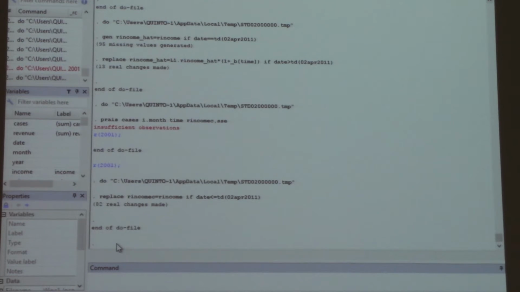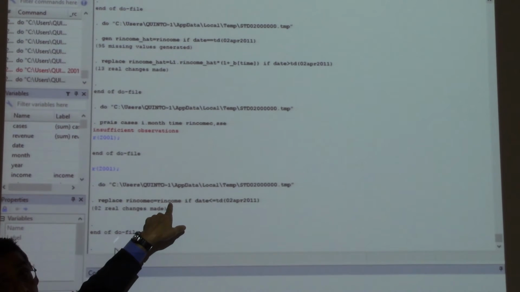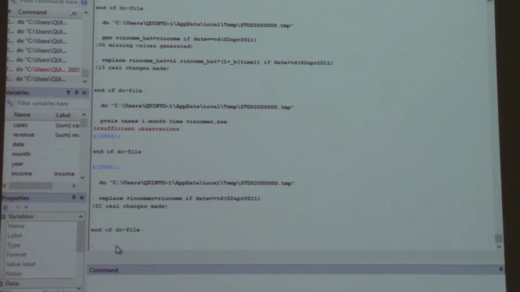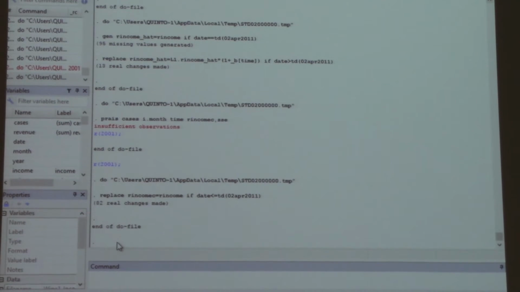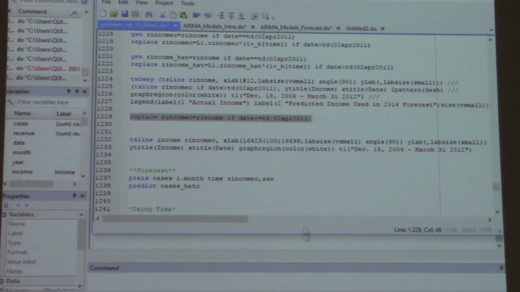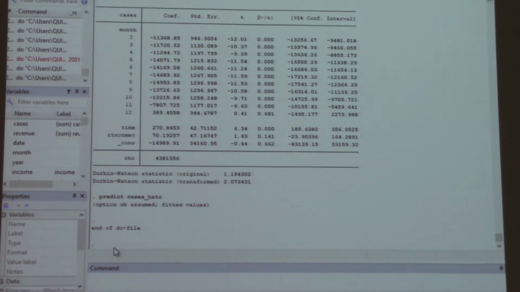I'm taking those predicted incomes and putting them in the real income column. Run my